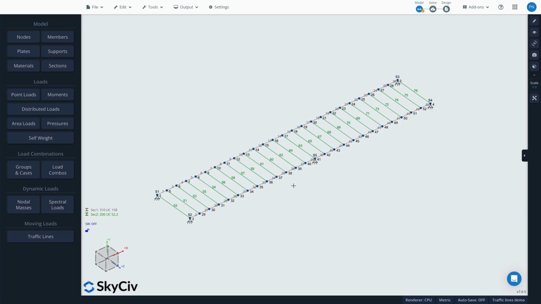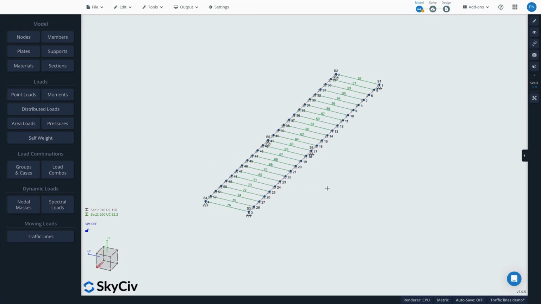With traffic lines, you simply define a path along your model and assign a vehicle load. SkyCiv will then sweep that load along the path and calculate the critical shear, moment, or displacement values caused by all possible load positions. I have here a simple bridge design, 5 meters wide and 30 meters long, fixed by